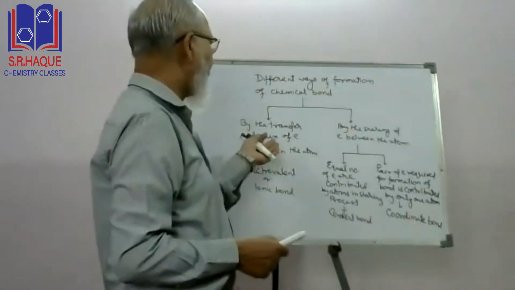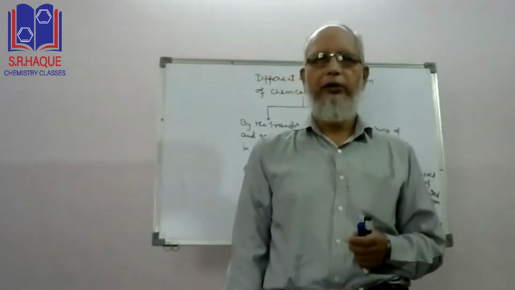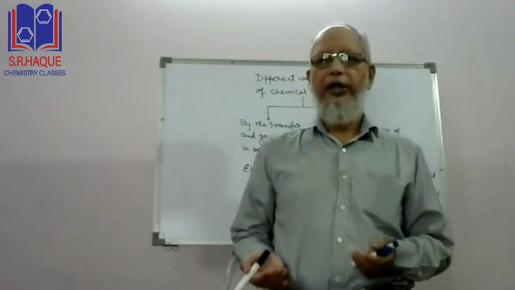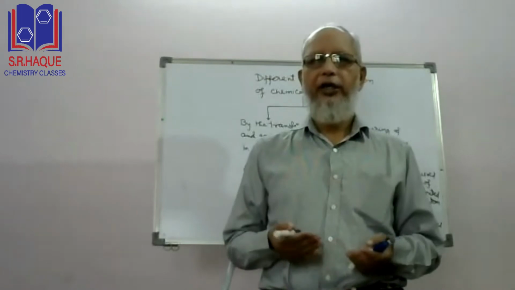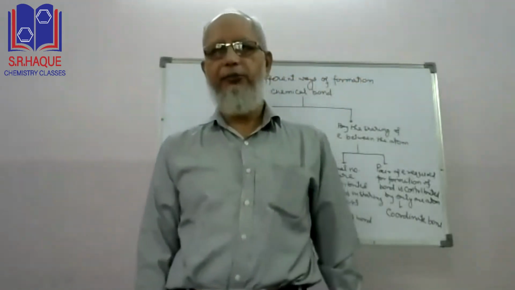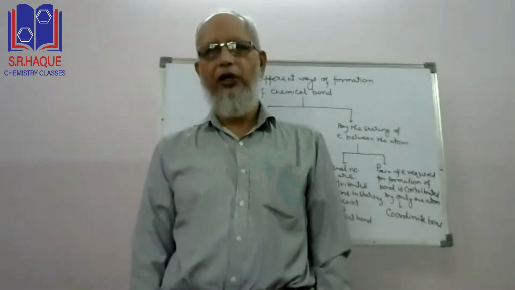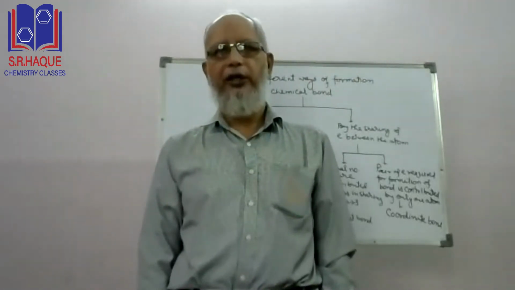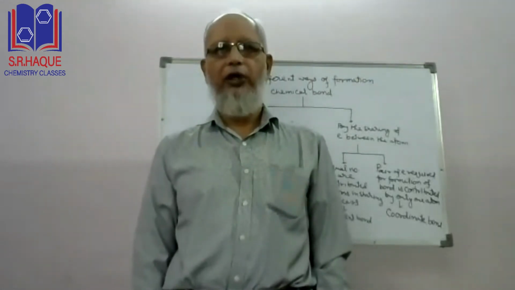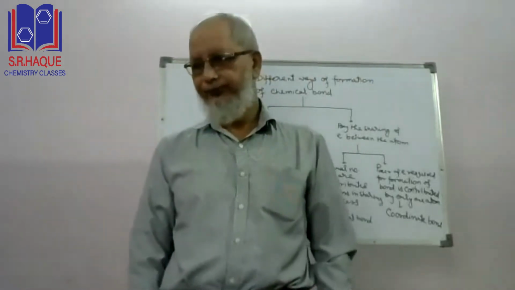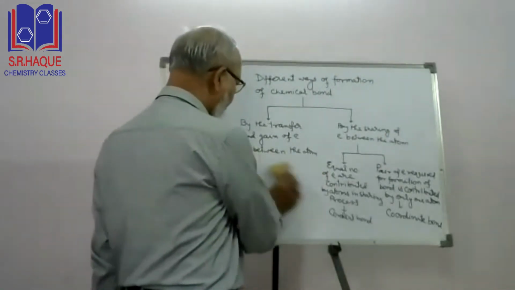So basically there are two types of chemical bonds. One is electrovalent bond and the other is covalent bond. The covalent bond can be formed in two different ways, either by the equal contribution of the electrons by the two atoms, that is, this bond is simply known as covalent bond, and if the contribution of the pair of electrons required in the bond formation is contributed by only one atom, then that type of covalent bond is called as coordinate bond. Now let us come to electrovalent or ionic bond.